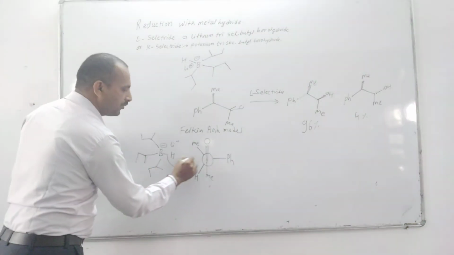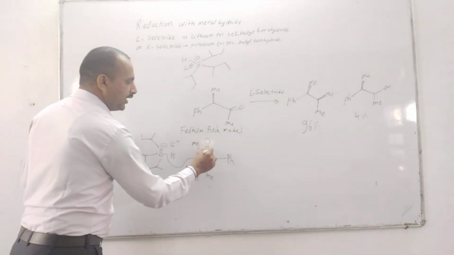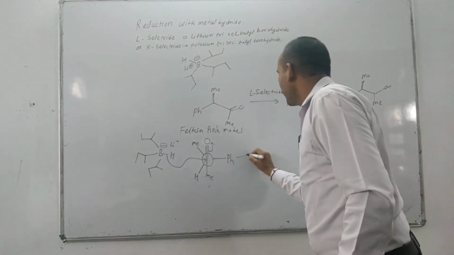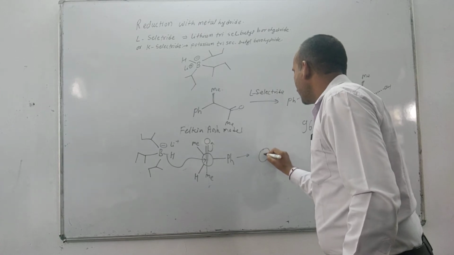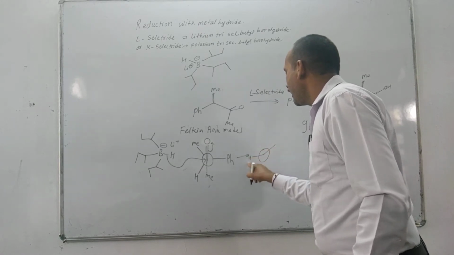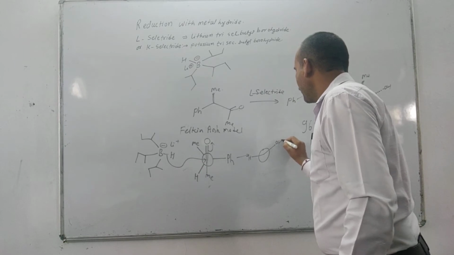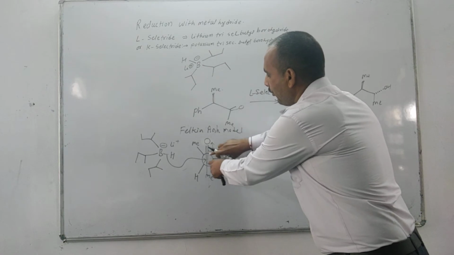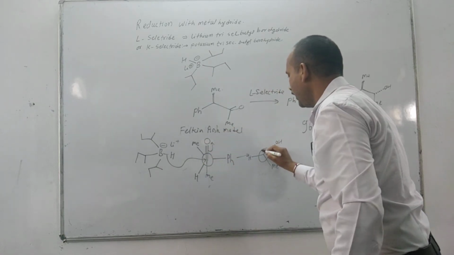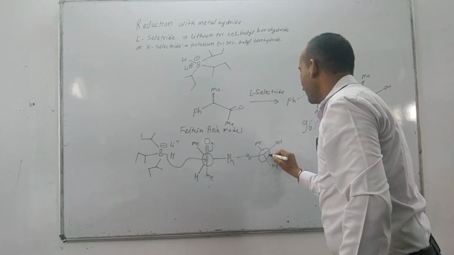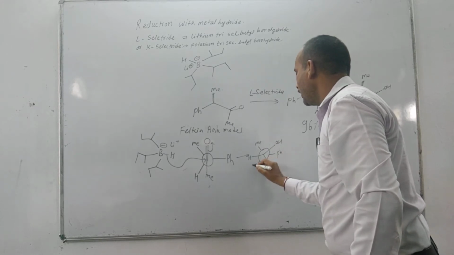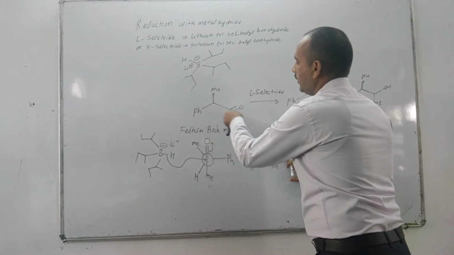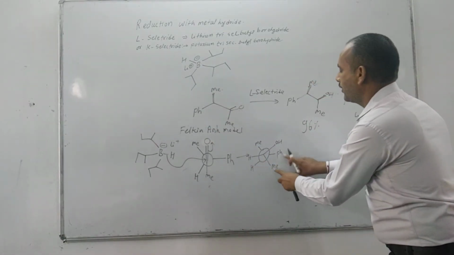This hydride transfer from this side, then there is O minus protonation, it becomes OH. So the product formed is: H hydride from this side, OH goes to this side, and the Me goes to this side, flipping of this bond towards this side, and here is Me, Ph, here is hydrogen. Now this Ph and Me are present on the same side in the reactor. Here also these are present on the same side.